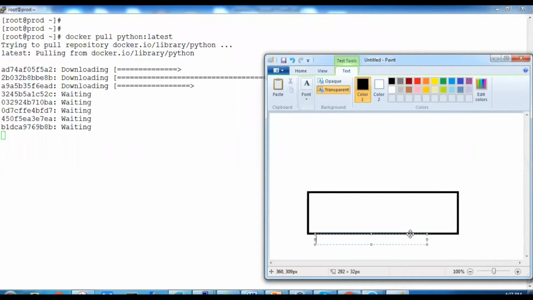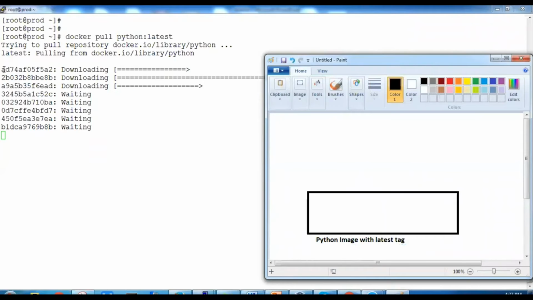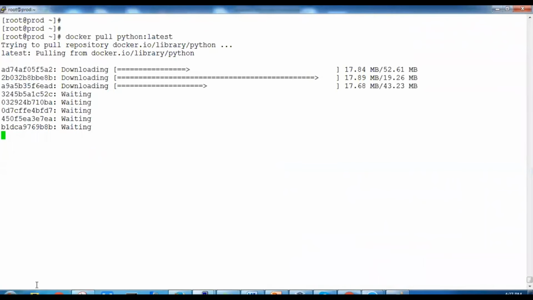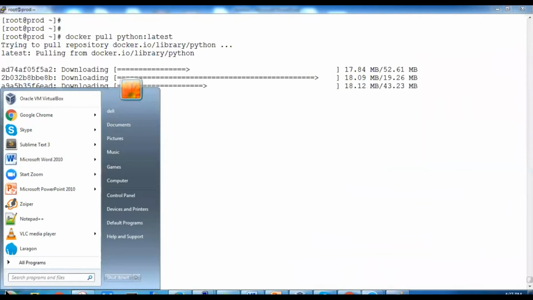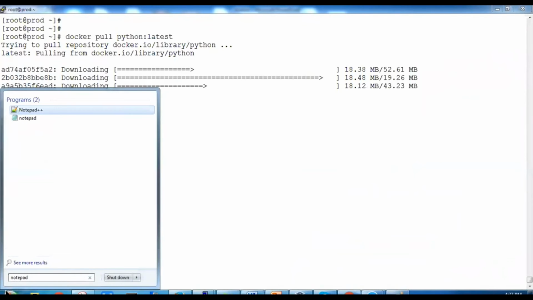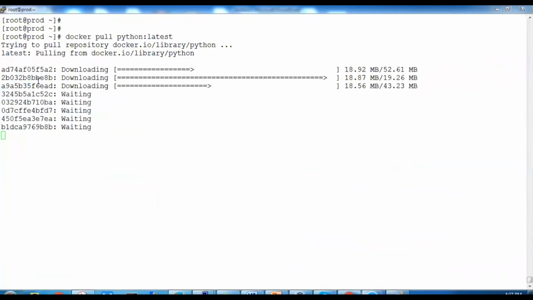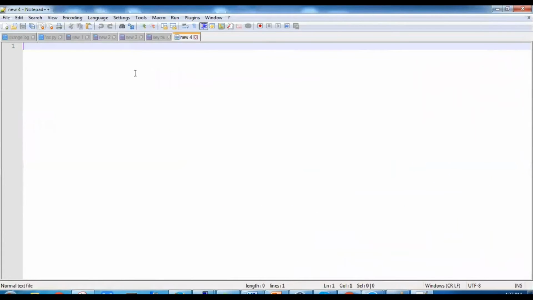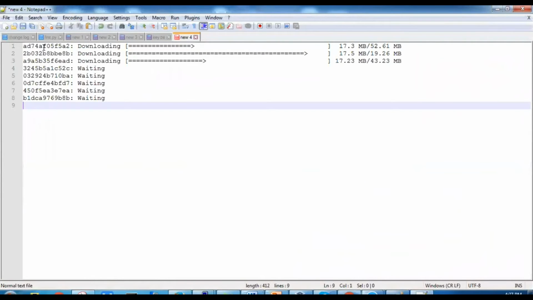I will write the name here: Python image with latest tag. This we have downloaded. Now the important thing to understand is this. We'll copy this and open Notepad++, create new, and paste here. We'll count these. It's a total of 8.